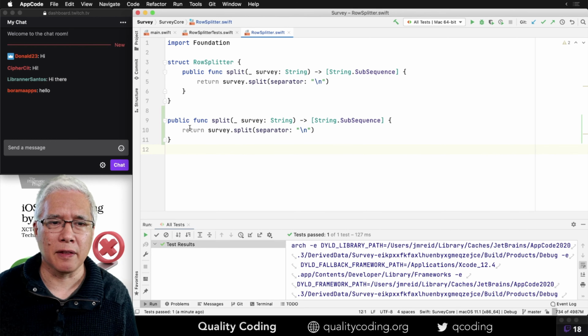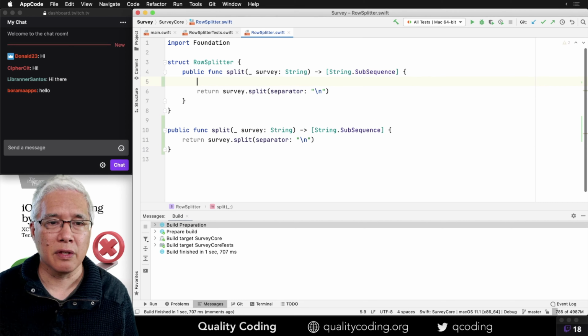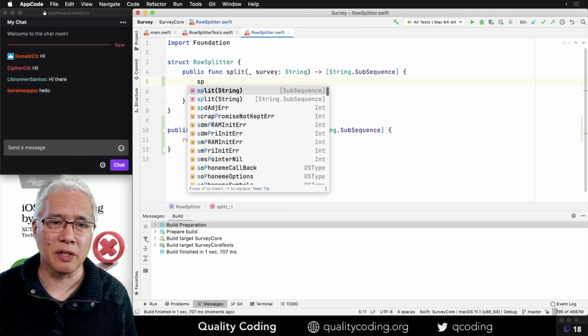Okay. Now what I can do is call that instead, maybe. I don't know if I can reach it because it has the same name. Maybe I have to give it a different name at first. I'll call it split2. Can I just call split2 on the survey and be done with that? Let's see if this passes.